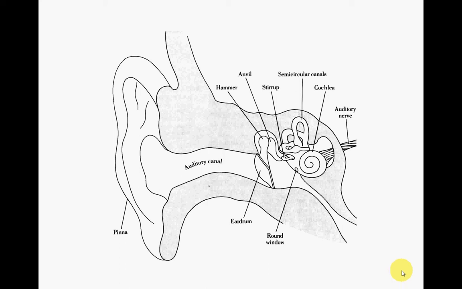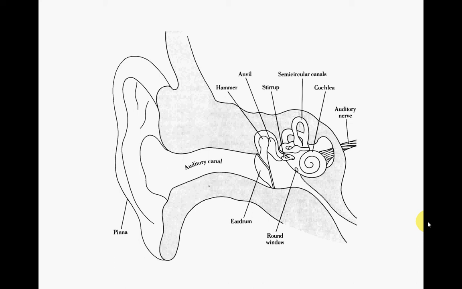The inner ear, beginning right through here, all this in here is the inner ear. The inner ear consists of the oval window, which receives vibrations from the tiny bones in the middle ear, and the cochlea, which contains three fluid-filled tunnels. The stirrup causes the oval window to vibrate, setting in motion all the fluid in the